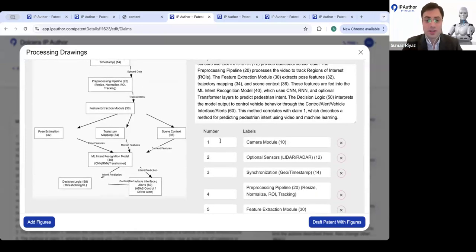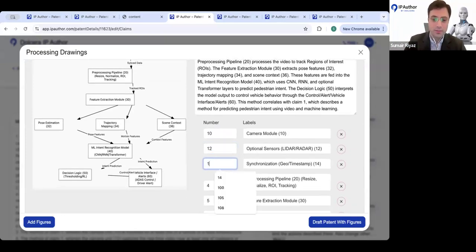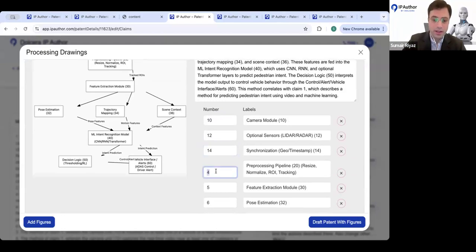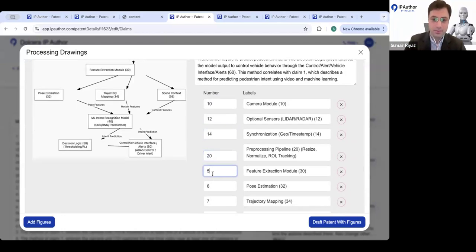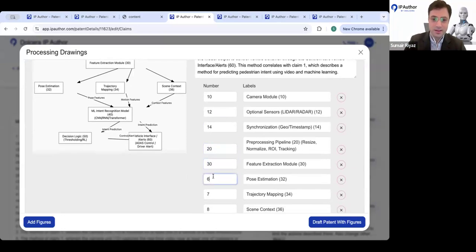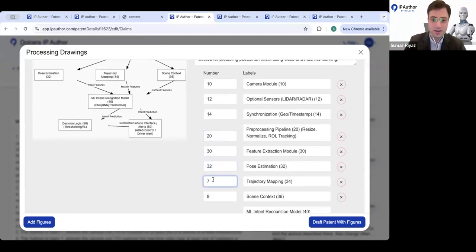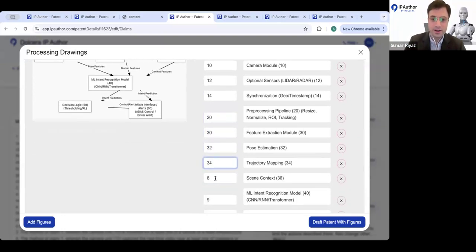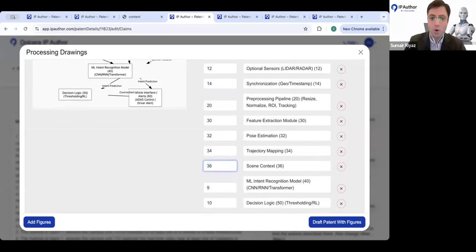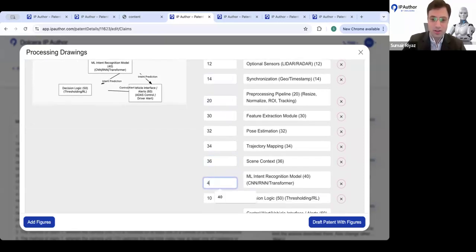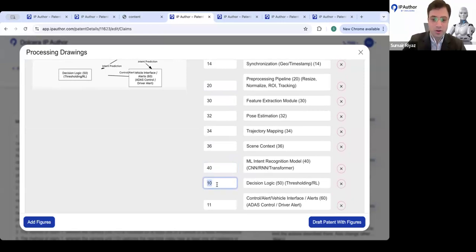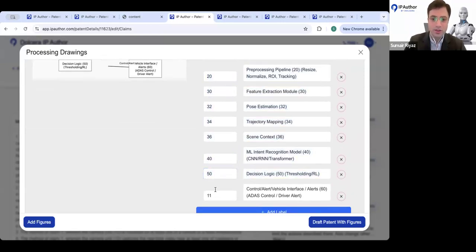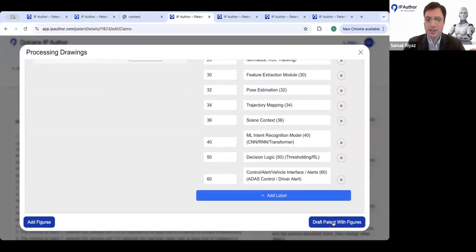You can change whatever you want. You can call this 10, you call this 12, as is in our input. You call this 14, 20, 30, 32, 34. We are again trying to say that you can override what the system also did sometimes to make this what you want, right? Okay, so we say go ahead and use this and add this to the patent